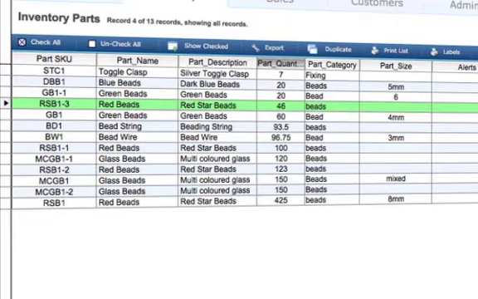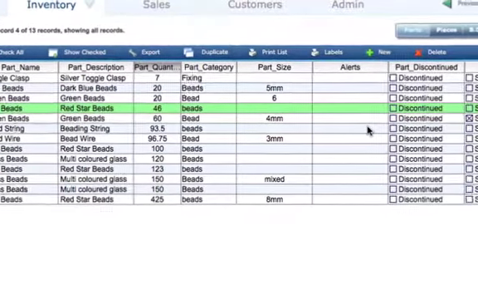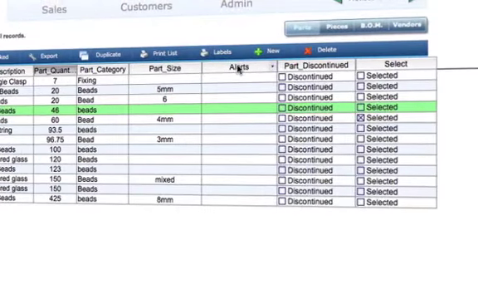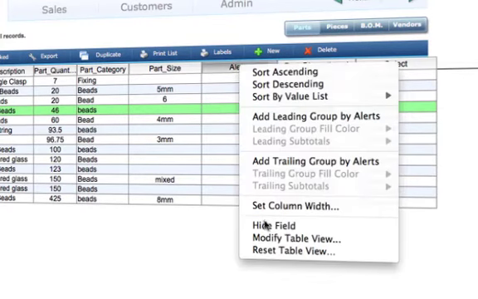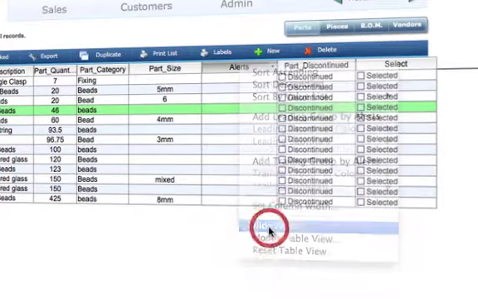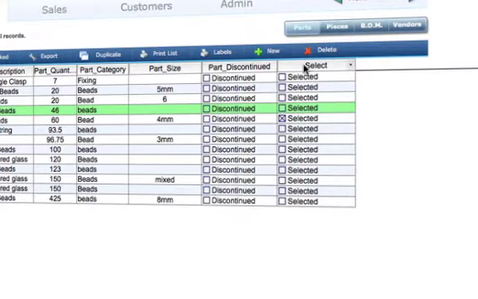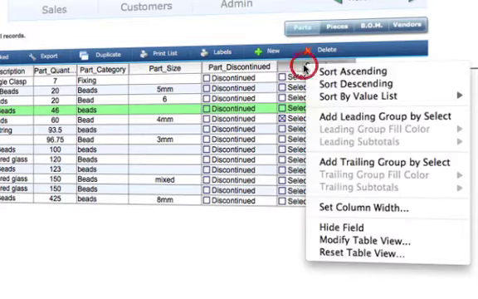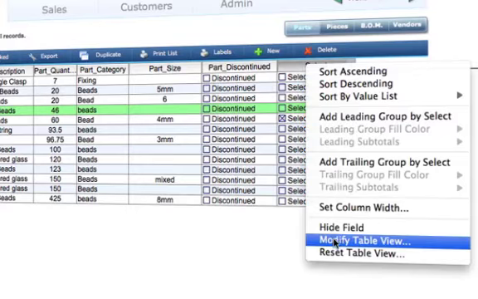And the more advanced features are to actually remove or add in columns of information that you want. So for example, just a simple way to hide a column is just to click on there, to right click and then hide field. And if you actually want to modify a whole bunch of columns, then you can right click on the headers, click on modify table view,